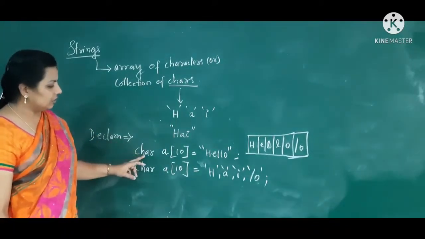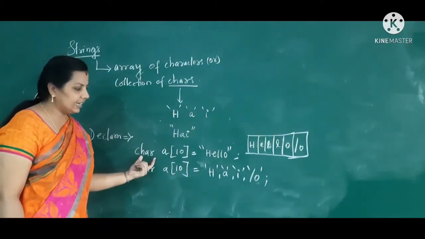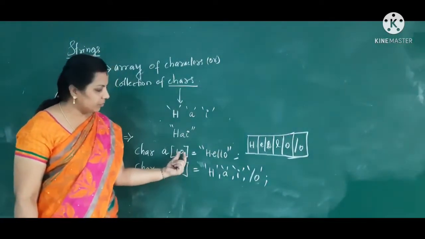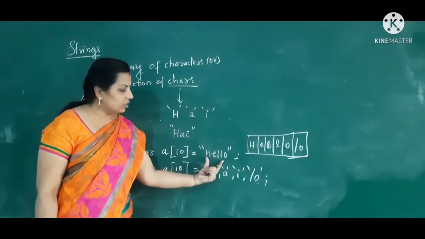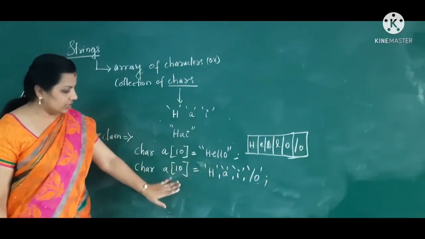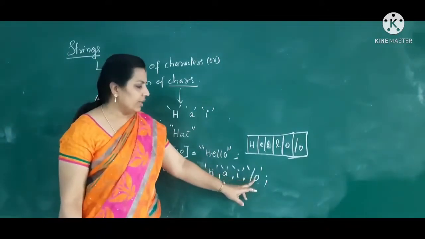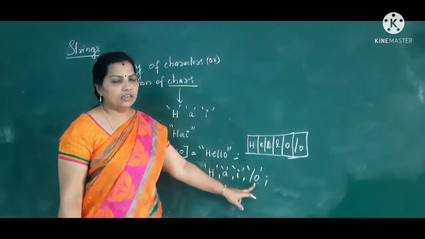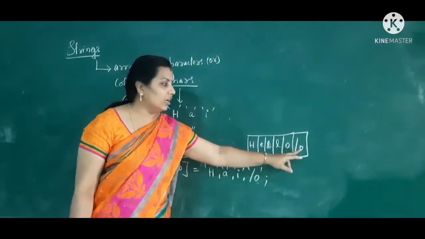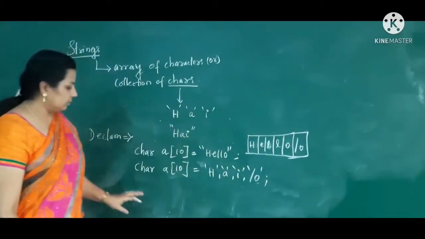Now how can I declare that? Declaration and initialization take place like this. Simply use the data type followed by the string name. Then you specify the size of the array, the size of the character array, which is nothing but the given string. This is your string constant, and this will be your character constant. A string always ends with the null character. You will not specify the null character, but by default the C compiler will allocate memory for a null character.